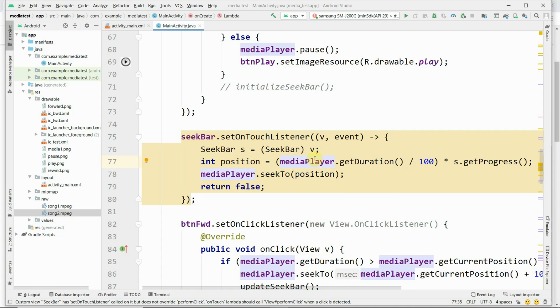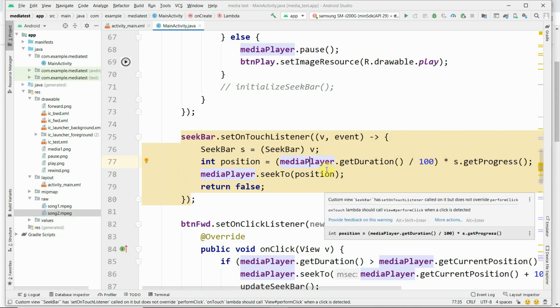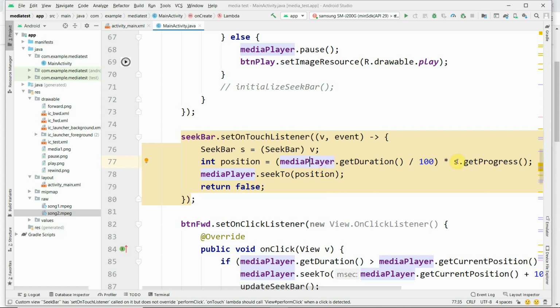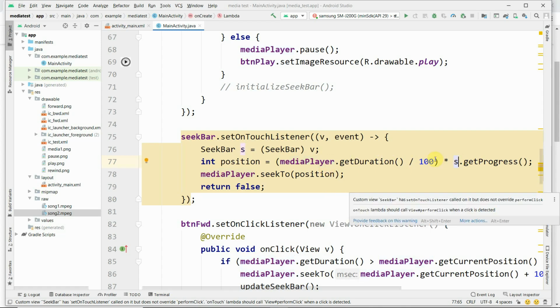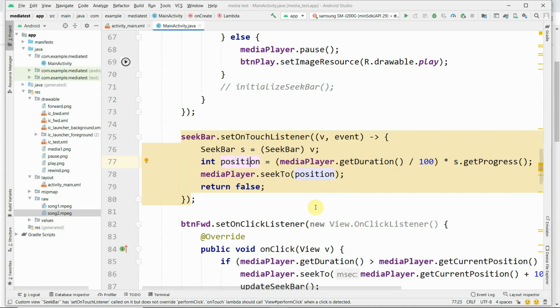We are dividing it by 100, and then whatever progress, means when the seek bar is scrolled, that progress is multiplied and assigned to position, and the media player seeks to that position.